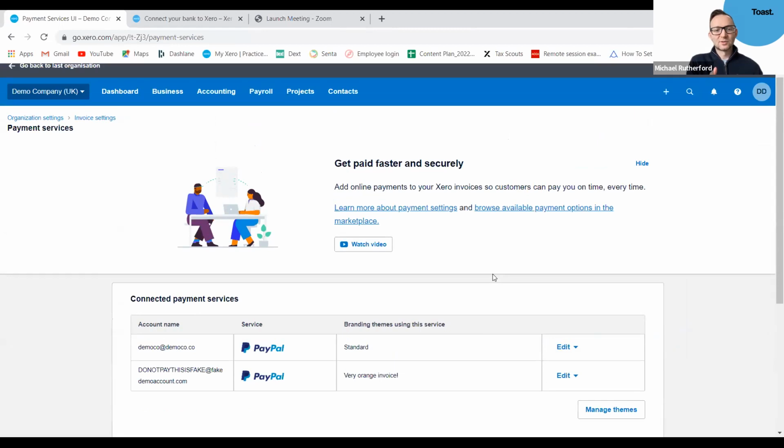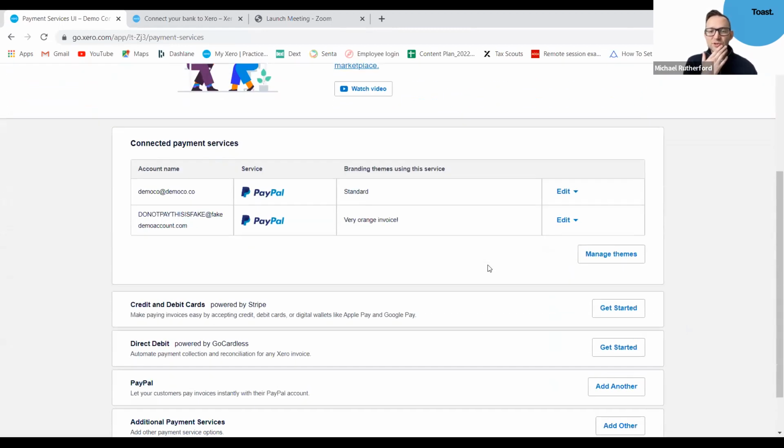So it's really a big difference in relation to the traditional way. If you send out an invoice normally, you might get a customer ringing up and saying, "Oh, how do I pay it?" And there's all that time wasted. Whereas with this, if you connect your payment services, correct me if I'm not mistaken, Daniel, they can pay just by direct debit or by credit card straight away. So you don't even need to be in the office at the same time, and they can make the payment at any time as well.